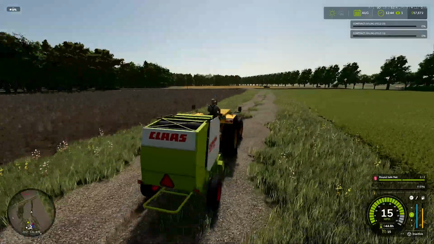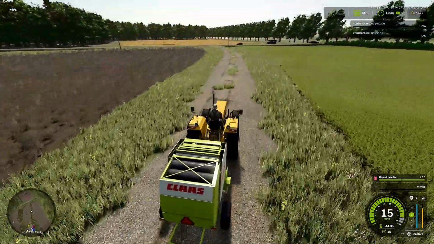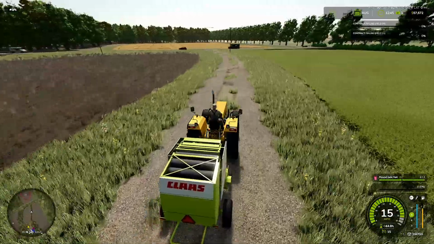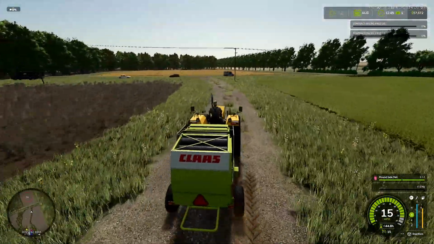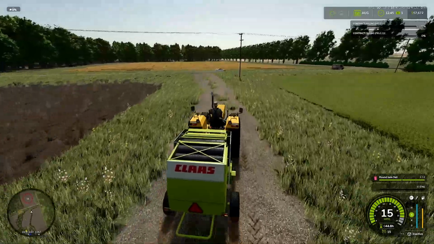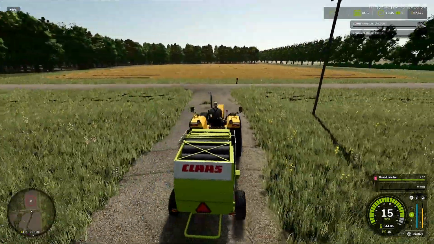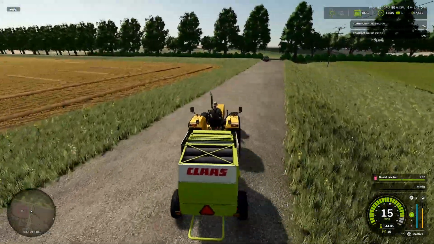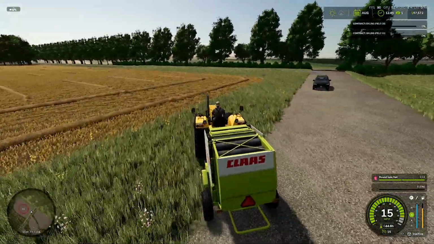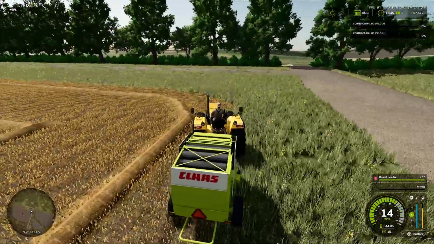Not too bad. We should have enough fuel to do this field here, which is pretty good. I think we're doing pretty good. We got stuff that can make us money. I can still do one more fertilizing contract after this, and we got that big baling contract. People are speeding around here, though. I better get off this road before we get hit. Okay, let's...